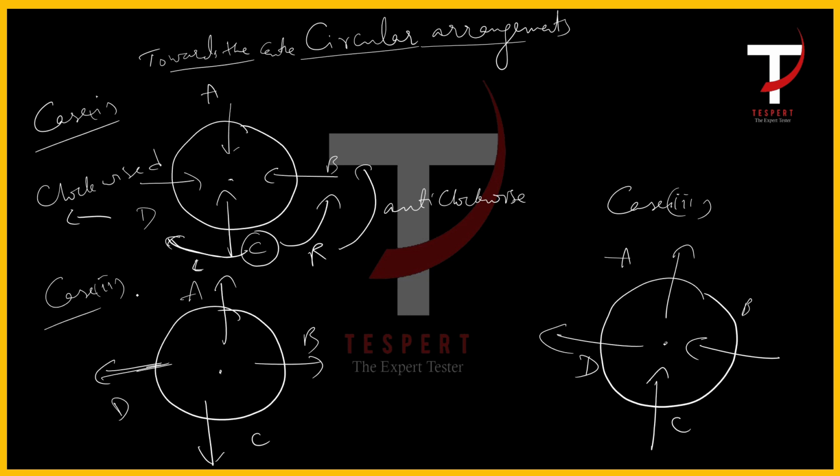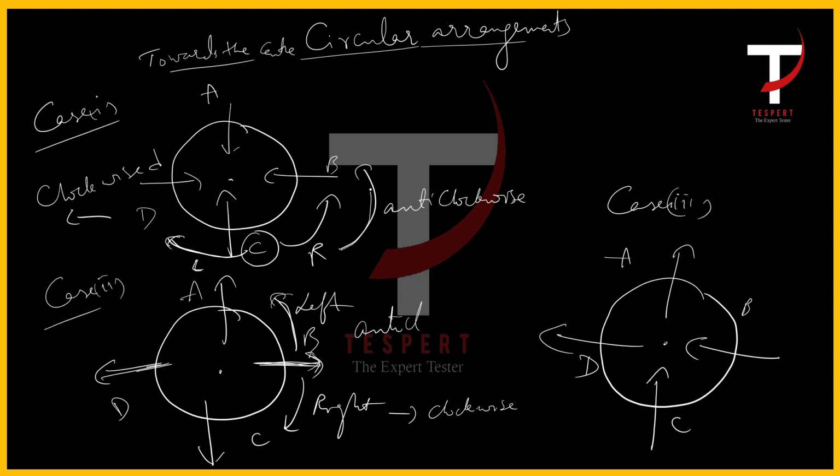Whereas in case 2, where all the people are away from the center, B is here. Who is on the left side of B? A is immediate left to B, and C is immediate right to B. In case 2, left is the anti-clockwise direction and right is the clockwise direction. This is altered. In case 1, right side is the anti-clockwise direction, here left side is the